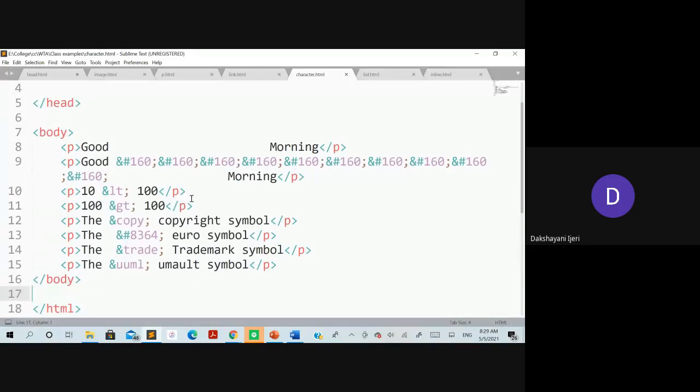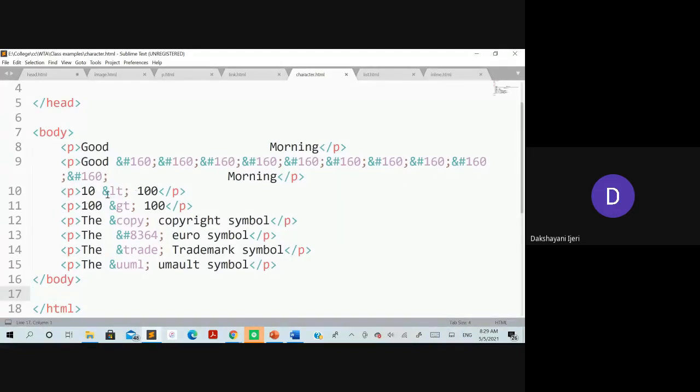Okay. Following that, you can see the example where I want it to appear as 10 is less than 100, with a less than symbol in between. But the less than symbol is used for these angle brackets of the elements, isn't it? If you genuinely want to use this as a part of the text over here, directly you cannot use it.